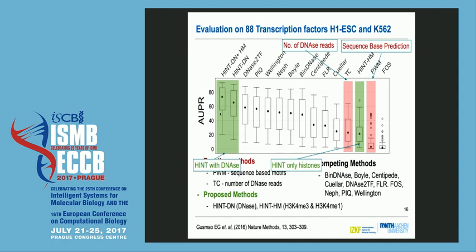Yeah, sure, you're right. But I think most of the methods are not using motif match. In practice, I didn't really show the difference between the methods. But the method that HINT uses is kind of segmentation, so we really scan genome wide, and this is the case for Wellington and Boyle and DNase2TF and PeakRAMP. So half of these methods are doing this, but other methods are more machine learning driven,